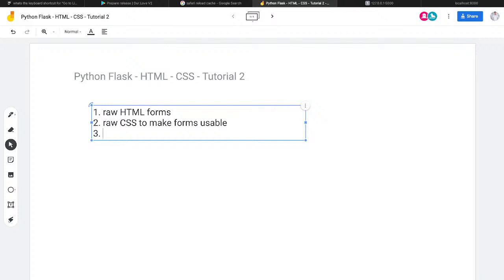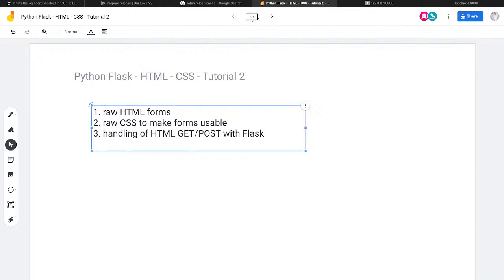Then the next thing will be the handling of HTML posts with Flask, and also get. There are two types of requests we're going to look at today, but there are many others, like put, and what else, patch, and all sorts of strange requests you can use. So that is that. Then afterwards we're going to look at what else. So handling posts, right? And then storing data in